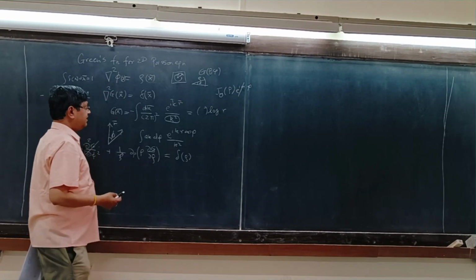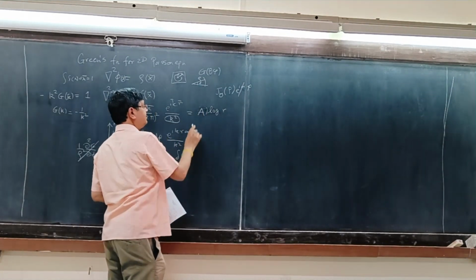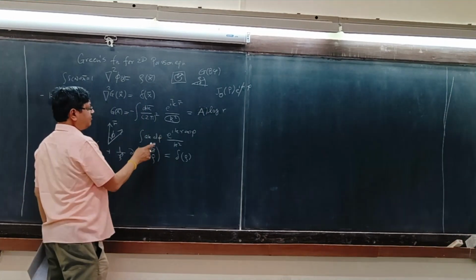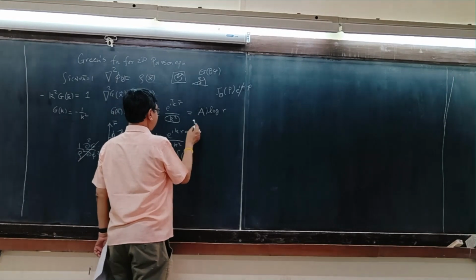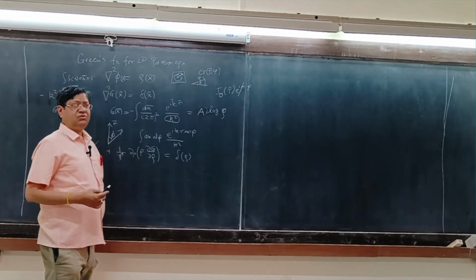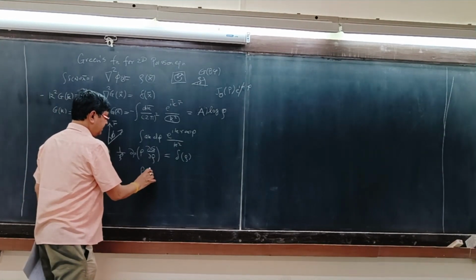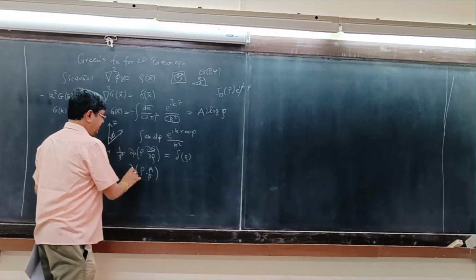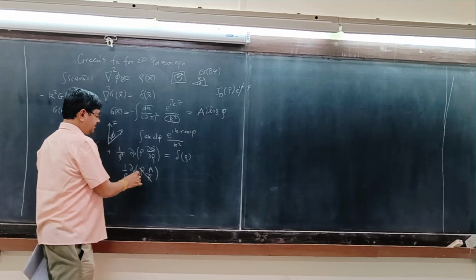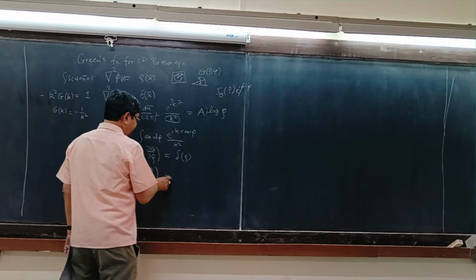So what should be g? I know g is log of r. Let's call this prefactor A. So what is the derivative of log rho? Let's call it log rho. The derivative of log rho is 1 by rho. So rho times 1 by rho, A, d by d rho of 1 by rho. What is this? The derivative of a constant is 0. So this is 0